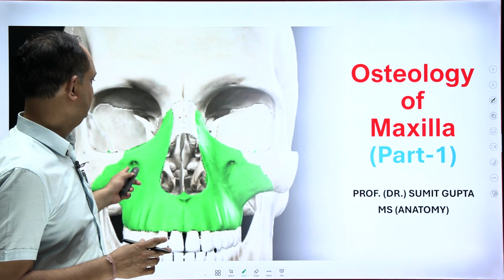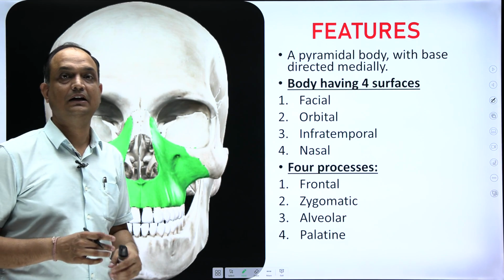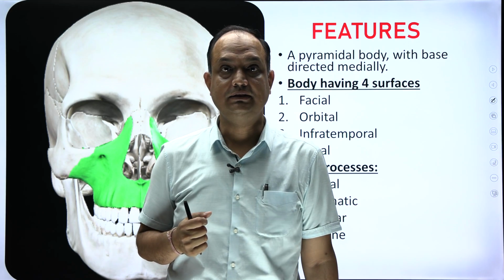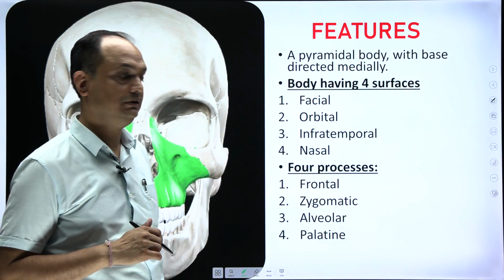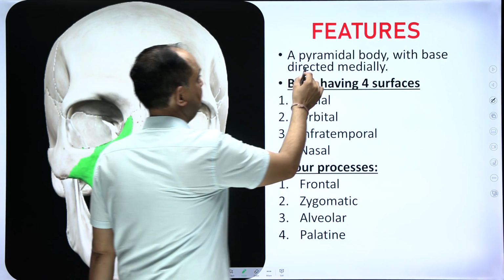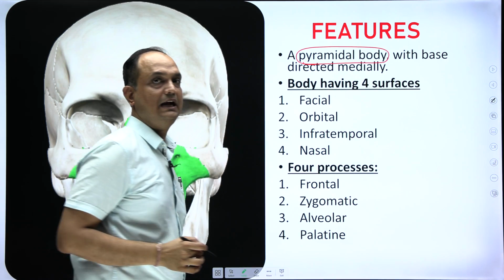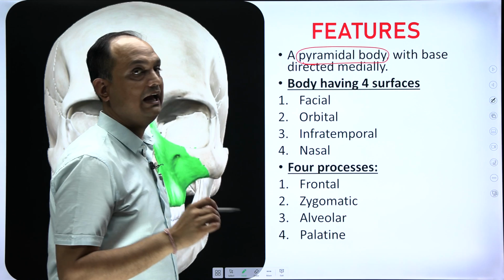Now you know that it is a paired bone, and when we talk about the maxilla, it forms your upper jaw, where you will have the maxillary teeth. Now, when you see the book, you will find some important terminology regarding the maxilla, that it is a pyramidal bone. Whenever we are talking about a pyramid, it always has a base